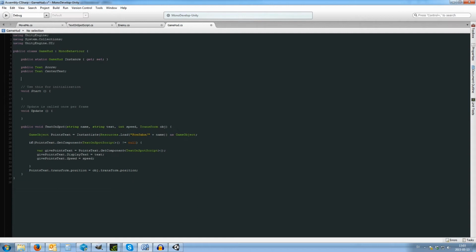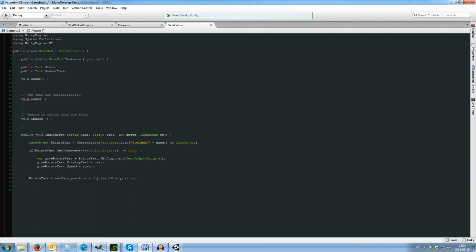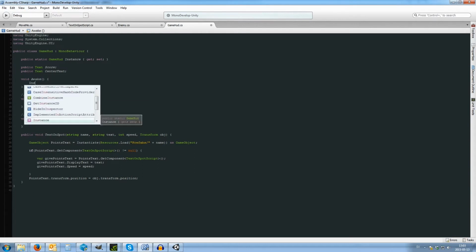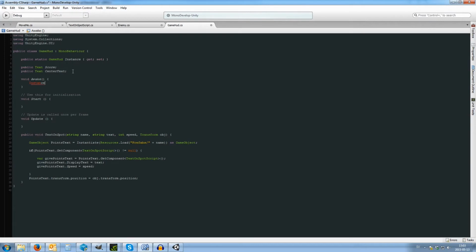Let's see here. So we need an awake function. Void Awake, and this will be done before everything else here. And I will type instance, which is this here, and I will write equals this. And I'm not going to lie, I'm not completely sure what this does, but I guess it takes about everything. The end result is that we can use this from any script and call text on spot. So I'm going to copy this part here, save GameHud, go over to